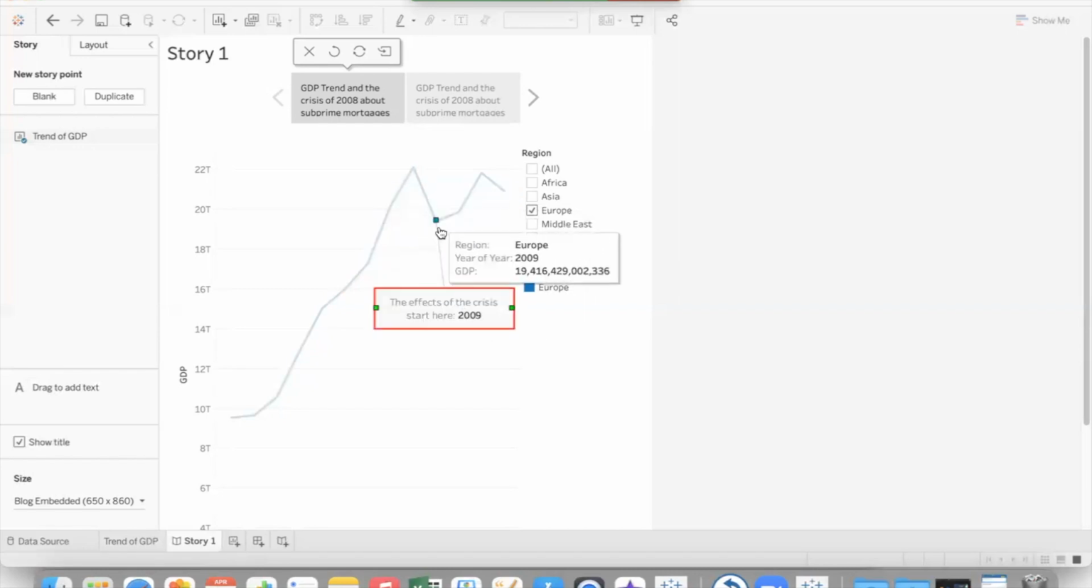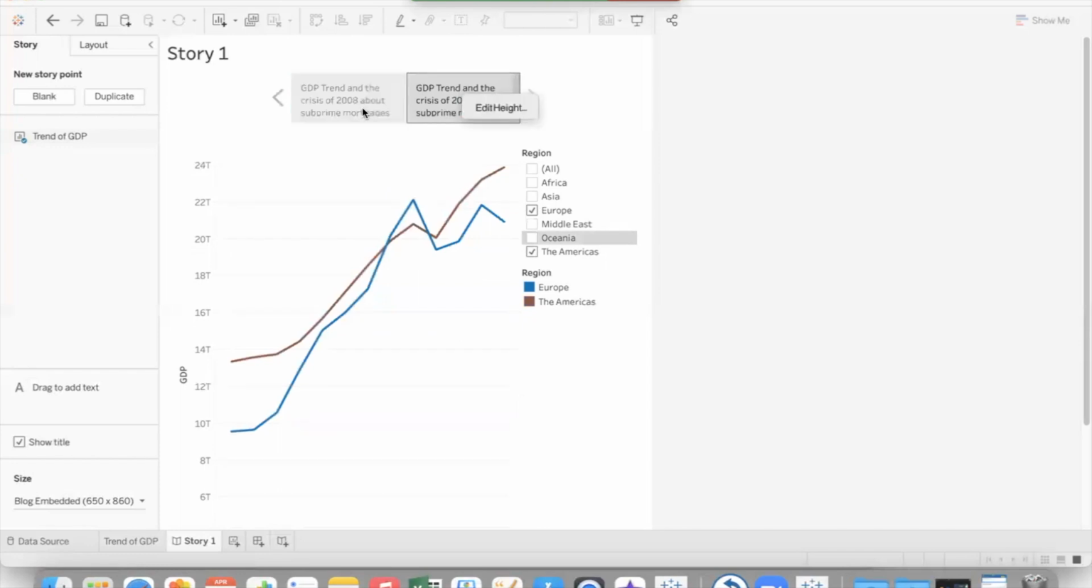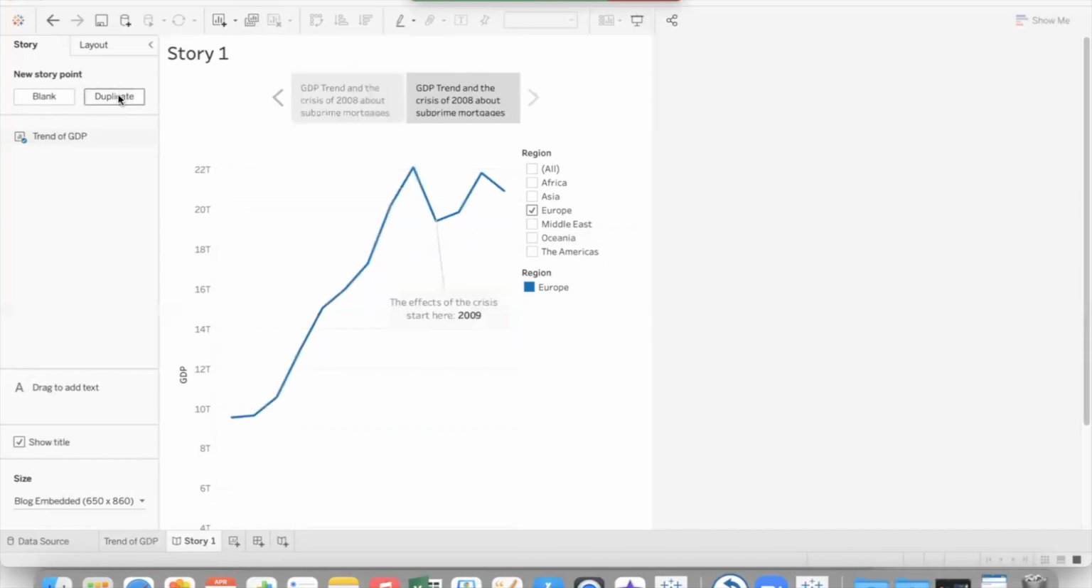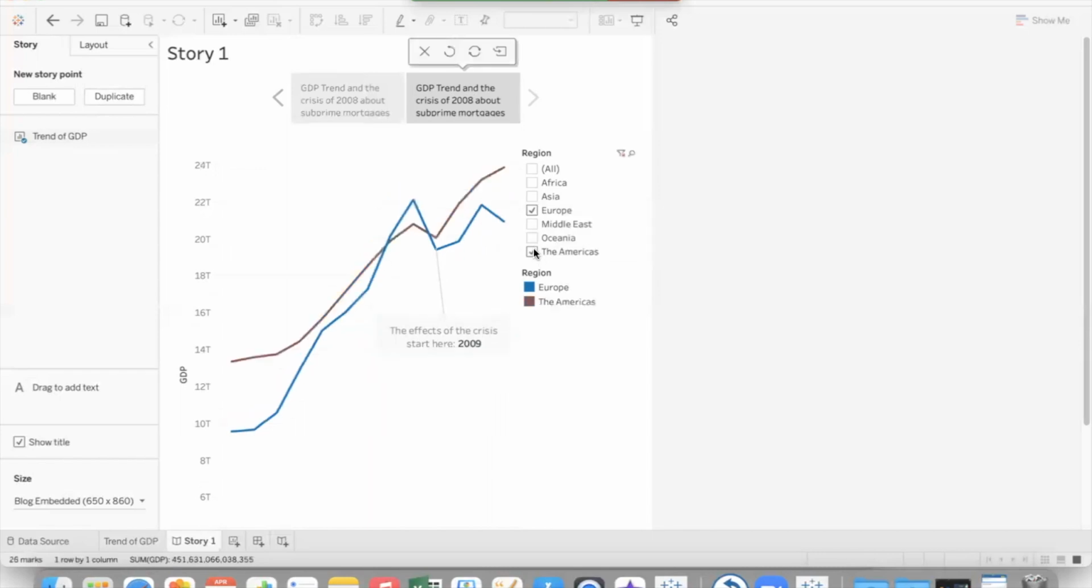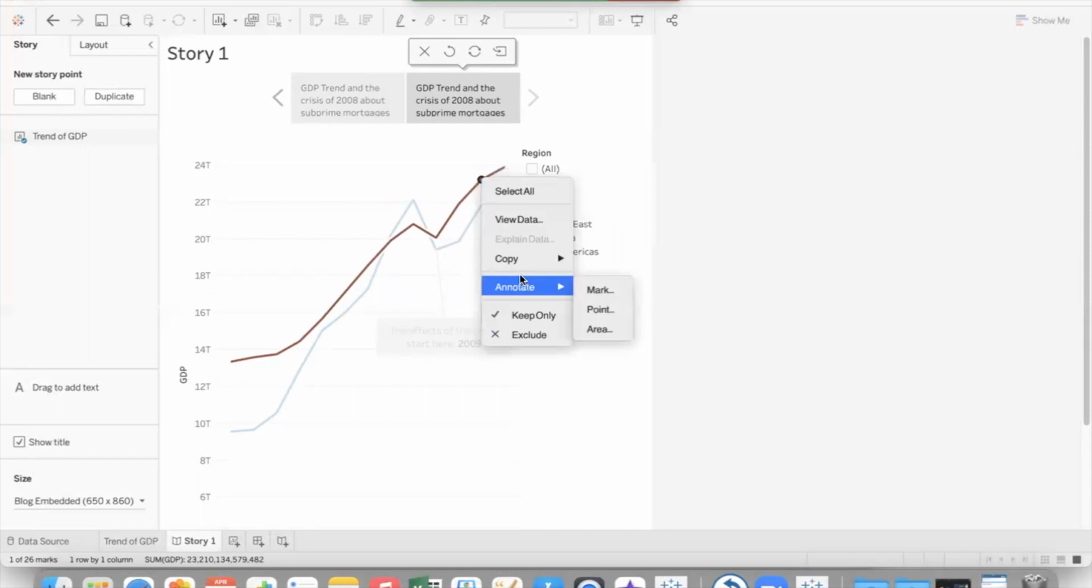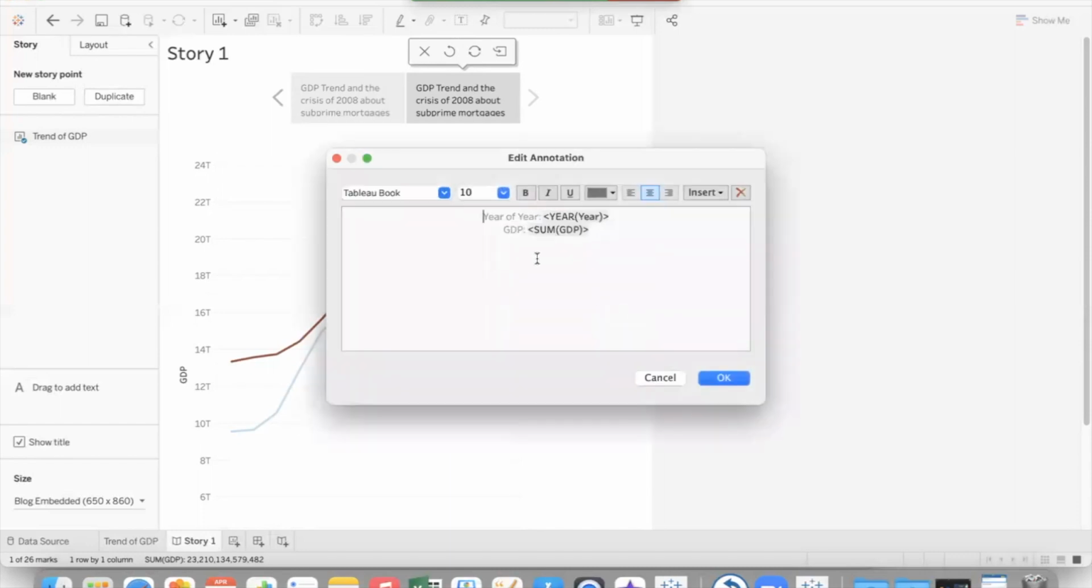So we have this point with the element, the number of the year that arrived directly from the data, and the note we put into the same element. We can remove this point. To remove a point, you just click on delete. Duplicate this analysis again, add the Americas, and then use this other point in order to show an interesting thing. So right-click on the point, annotate point, and write the Americas